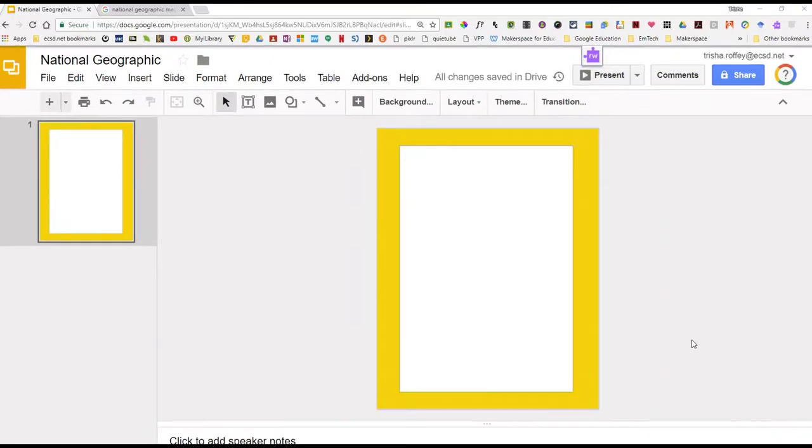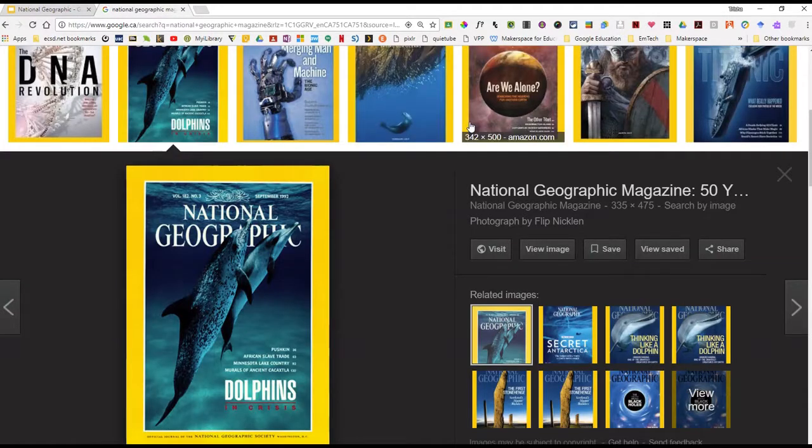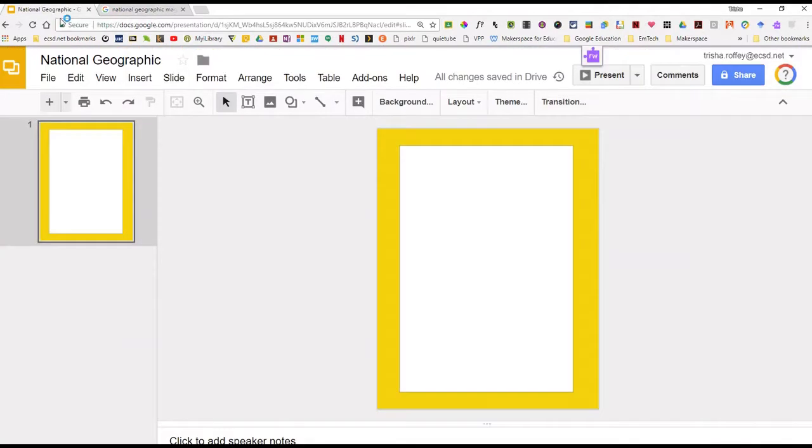It's time to add an image to your magazine. If I go back to my Google search where I was looking at the different National Geographic magazines, I can see that the image is the prominent feature of the front cover. And we want our students to be able to put some nice images on their magazine. The great thing is that I can use the search feature right within National Geographic, my template here, because Slides has that built in. I'm going to click the image button,